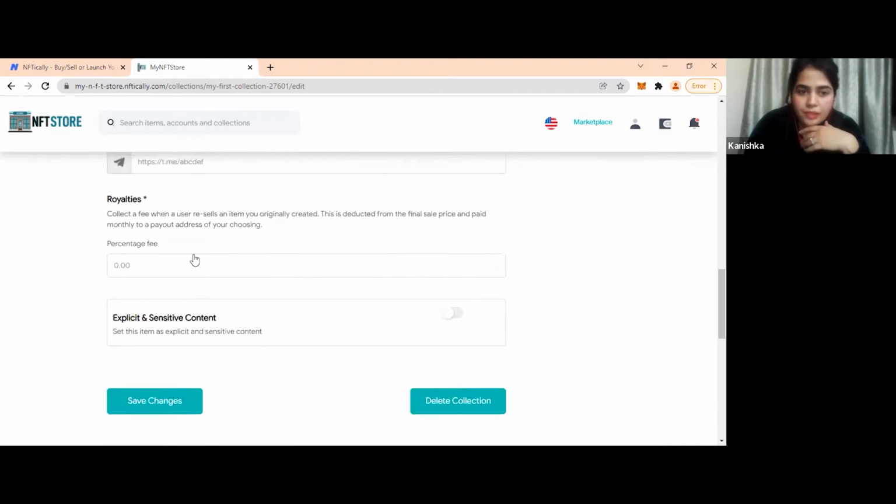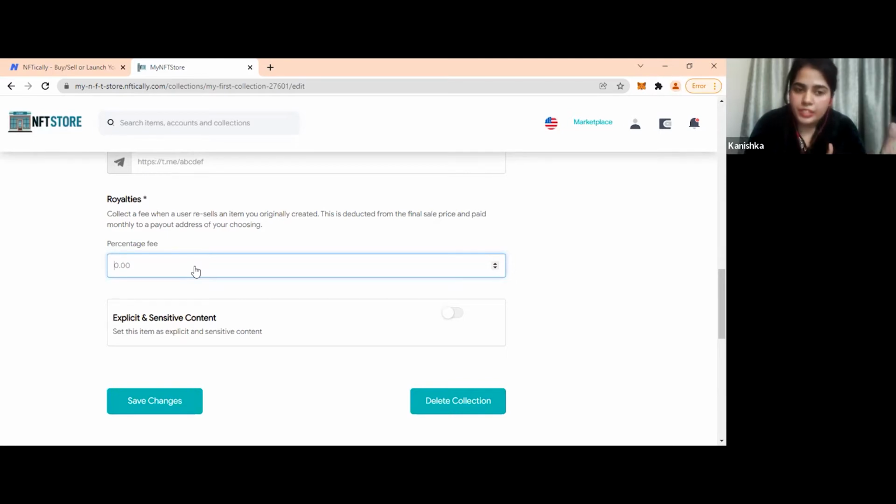Now, this is the interesting part, royalty. I hope many of us, when we enter NFTs as artists, we are more for royalties, that I will be able to collect royalty in perpetuity. So this is the stage where you can select a royalty. Royalty is something that once you sell an NFT, and that NFT again gets sold or resold multiple times, on those transactions, you will receive a percentage as royalty. So royalties are applicable on secondary sale.